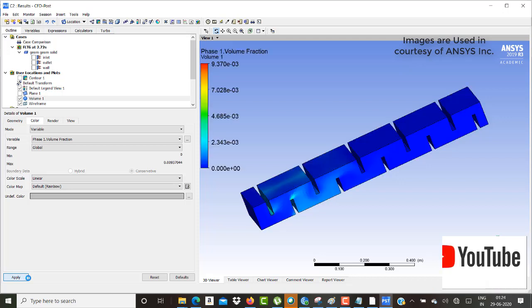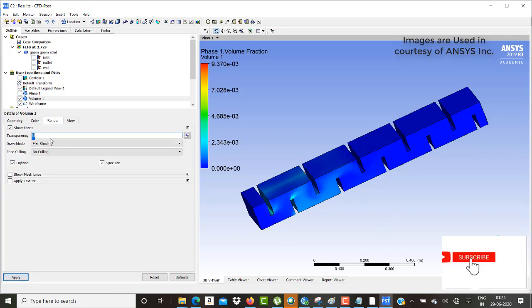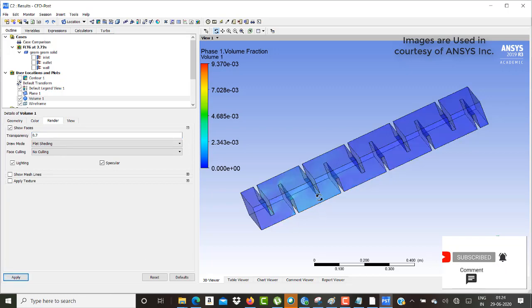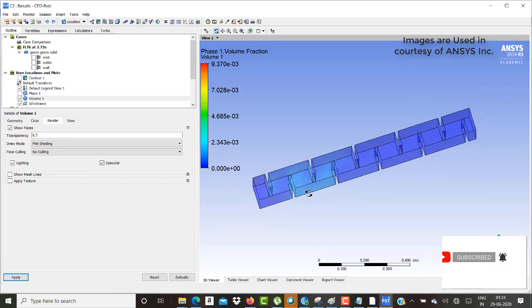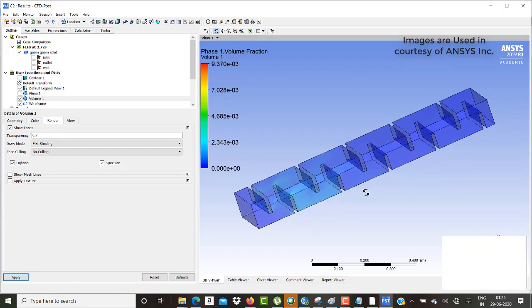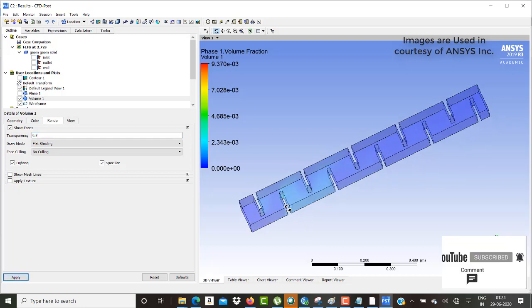I'm trying to create a volume with a volume fraction of less than that particular value, with the phase 1 volume fraction as my variable. So I'll keep the render transparency as 0.7. Now I think you can see it, right.